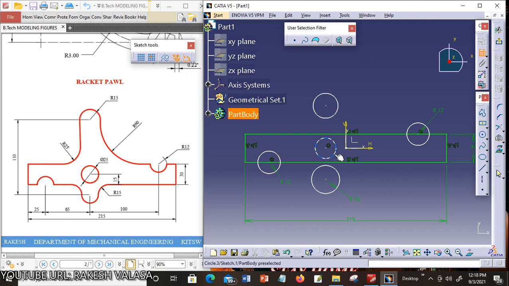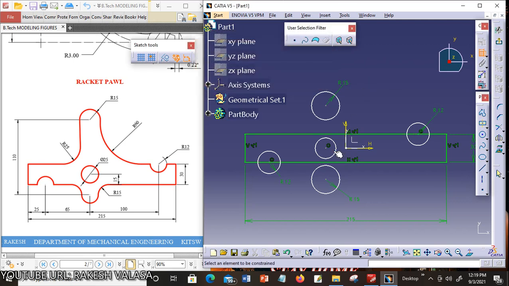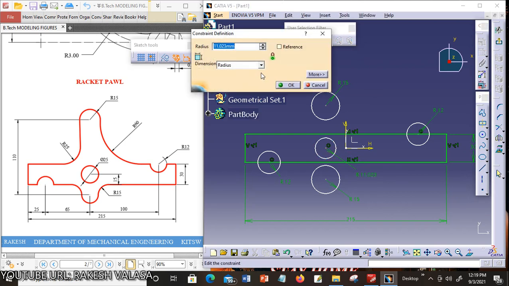Next, this centered circle has a diameter, so first you give the constraint for this circle. Radius is 15 mm. This center circle has the given values in diameter format, so double click, and here choose diameter, enter the value 25, 25, enter.